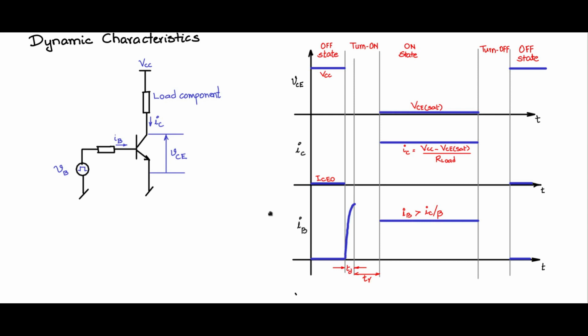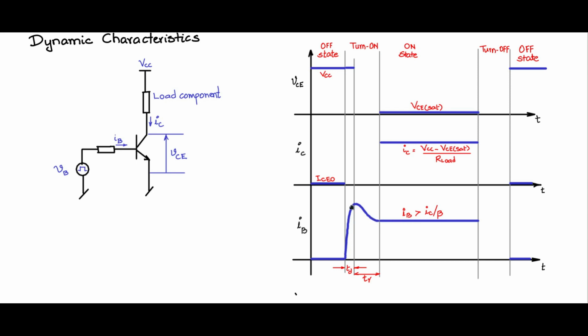So let us apply the base current. You need to apply base current. The area under this curve is the charges, and this amount of charges has to be put into the base for the transition to start. So at the end of the delay time, you will have actually started the transition time, and the voltage will start transiting. Now the base current will take this form and then finally reach the steady on state value where IB is greater than IC by beta.